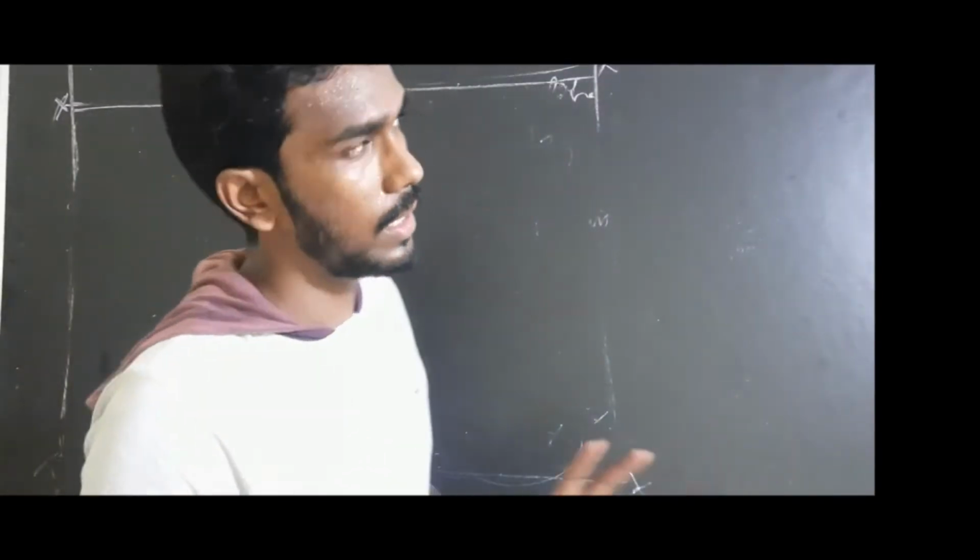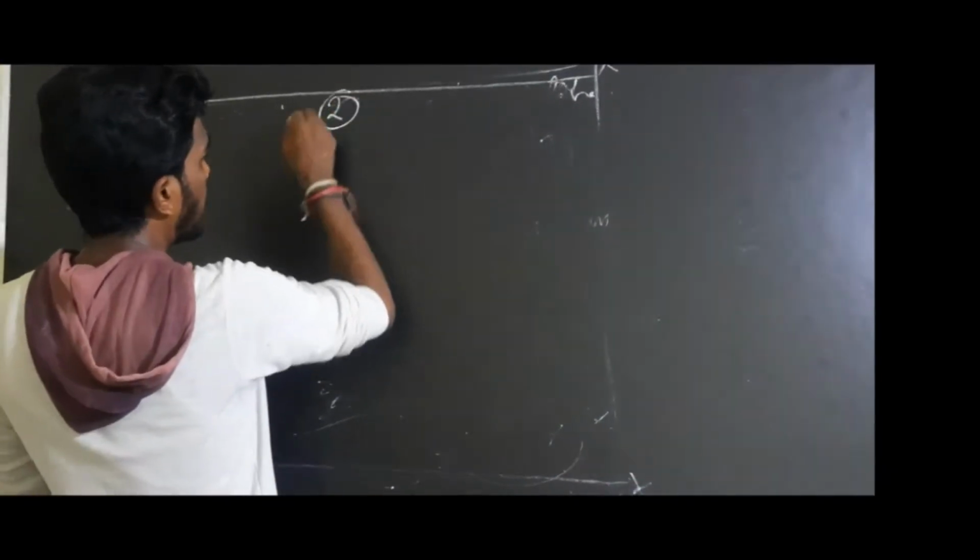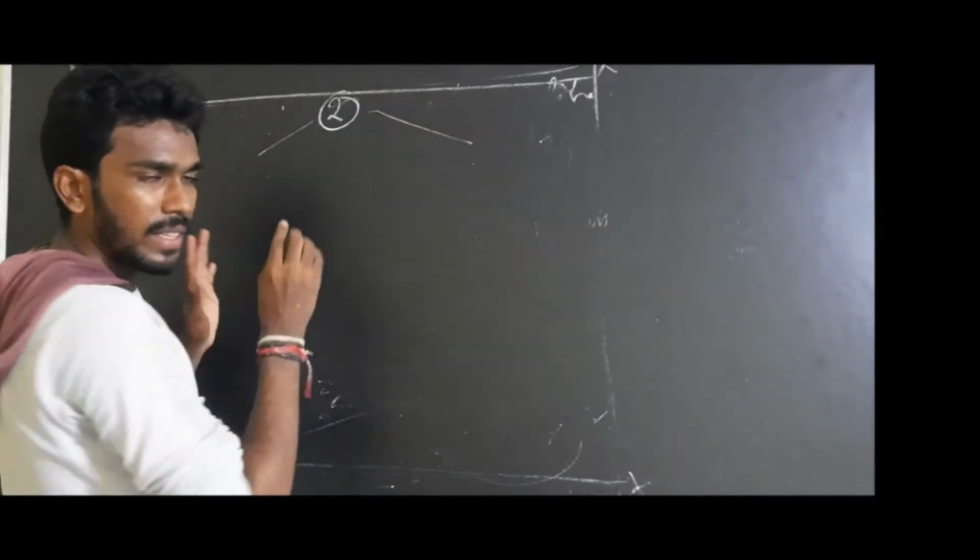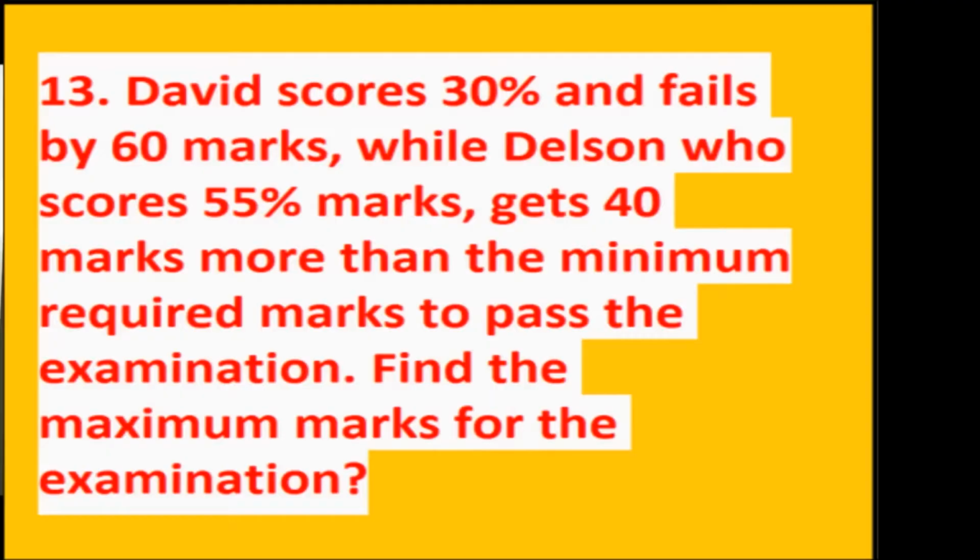Let's see the different category based sum within the same marks oriented. In past sum we have seen for only one person. Now we will be comparing two persons' result. For example, I am going to have two datas that they pass percentage and I am going to find some required data. Let's jump into the question.